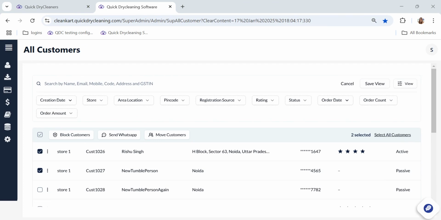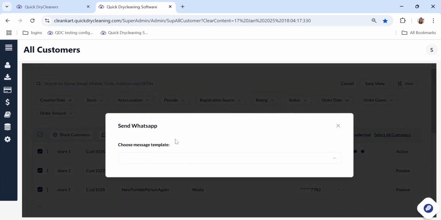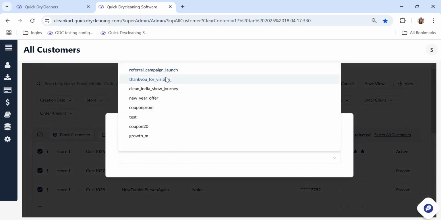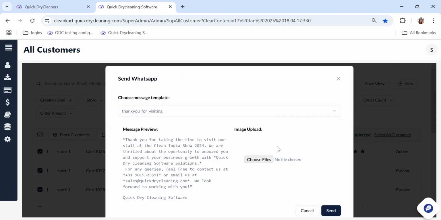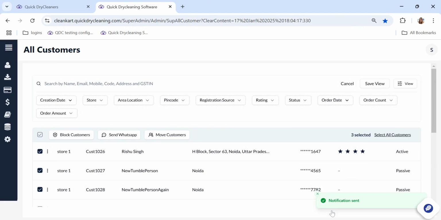All Customers tab. Once you select the customers that you want to send the message to, the Send WhatsApp button activates. You can click on this button and choose the message template that you want to send to your customers. You can also upload any image that is best suited with the particular template. Once done, you can click on send and the message will be sent on the WhatsApp to all of your